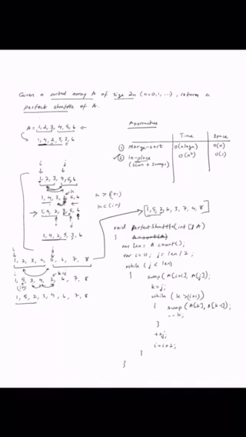Now the same approach applies to the remaining array. So you fix up your I here, and you increment your J to 6, and so on and so forth. Alright, so that was